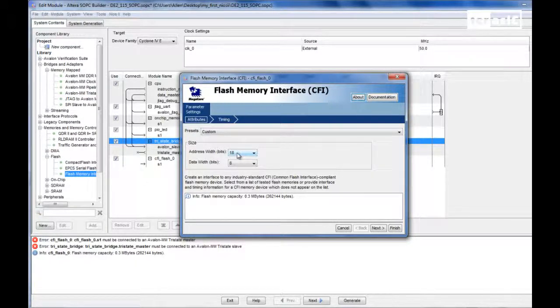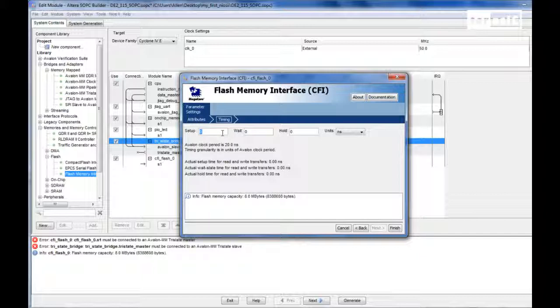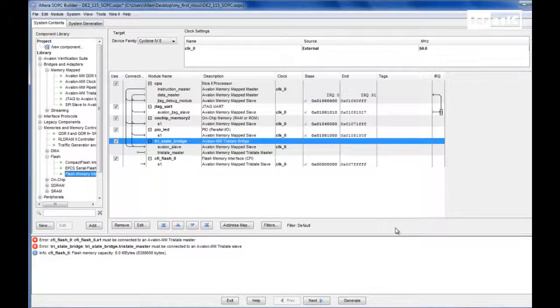We'll set our address width to 23 bits. For our timing, setup we want 60 nanoseconds, wait will be 160 nanoseconds, and hold will be 60 nanoseconds. We click on Finish. Now what we can do is link these two, the tri-state bridge to the CFI